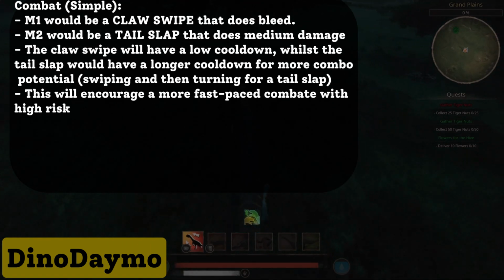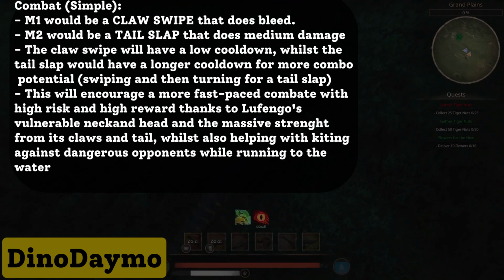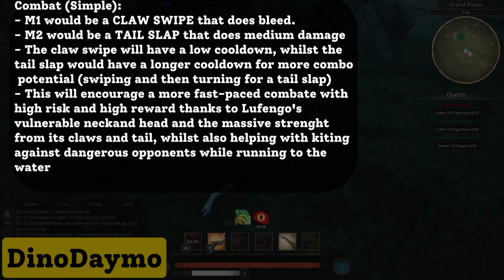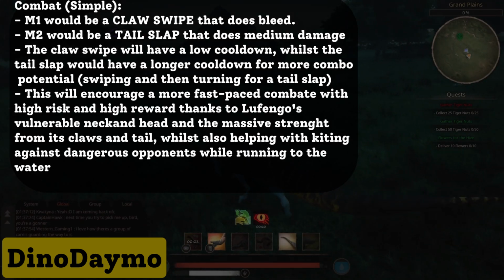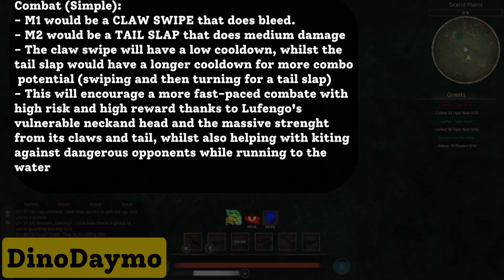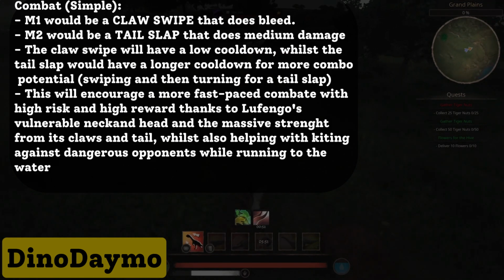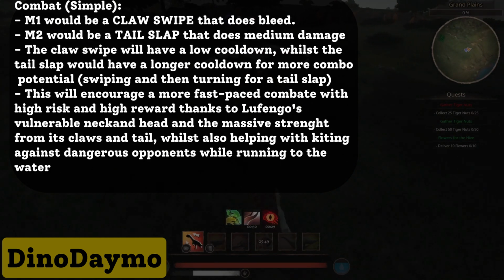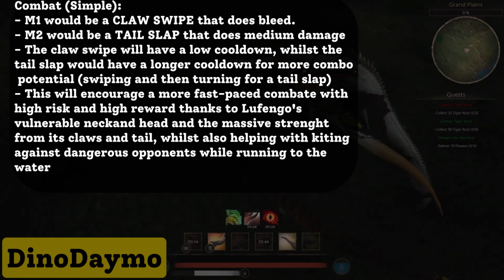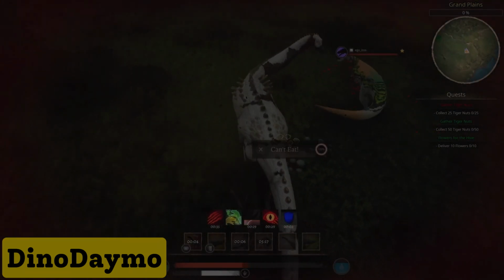We don't need to beat around the bush. Making it a more combo oriented dino that hits its very obvious weak spot for high scratch damage with bleed, and then slaps the head with the tail. This mainly for Ceratops, Allos, and maybe even bad Yangs. It will also help against Makimos in water by tail kiting or just slapping the heck out of it if